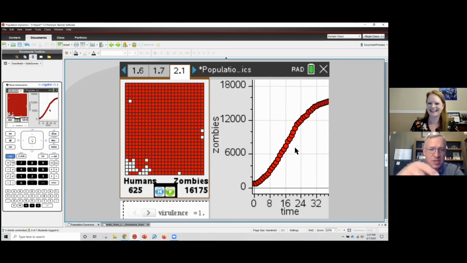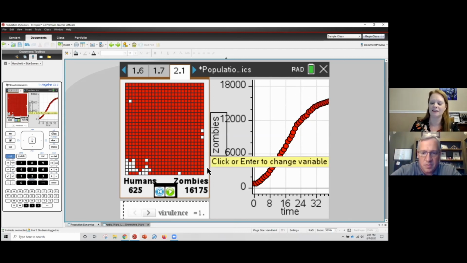Oh, so are those white squares that are left, those are the healthy humans, right? Mm-hmm. So yep. Those are the only resources that are left in that population. Right, and there's not a lot left. So the zombies have kind of leveled off. They've reached that max and reached that carrying capacity because there aren't as many resources there for them. And so